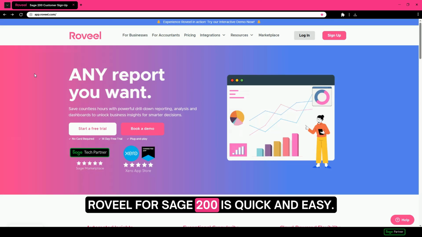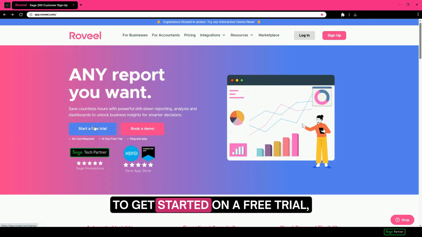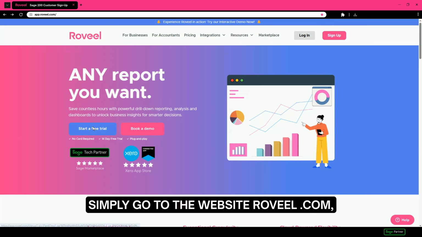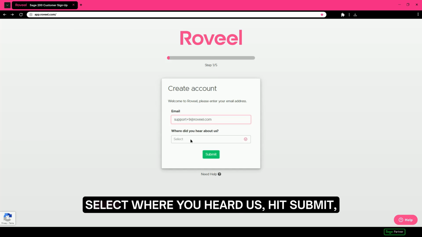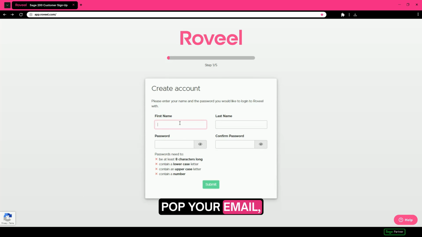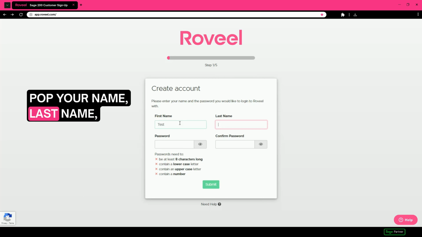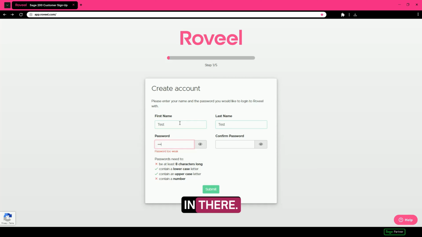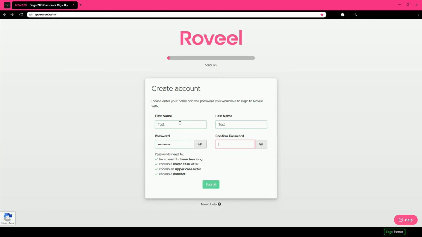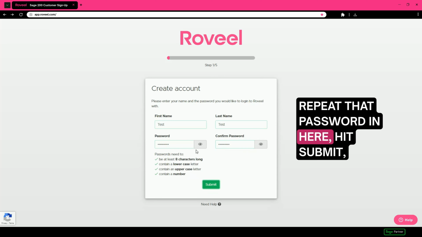Roveel for Sage 200 is quick and easy. To get started on a free trial, simply go to the website roveel.com, hit start a free trial, pop your email address in, select where you heard us, hit submit, pop your email, pop your name, last name, and create a password in there. Repeat that password in here, hit submit,